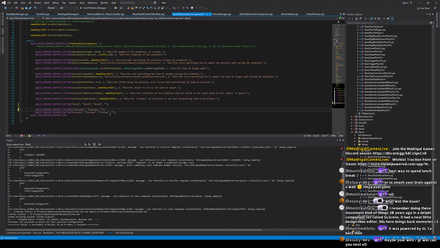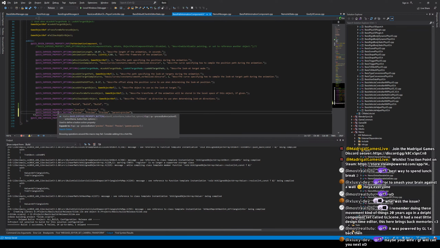And then under this preview, parent preview. Under this preview, we're gonna have this one, and then probably, let's see, what is this? It's action name and then it's button text. Let's say play,